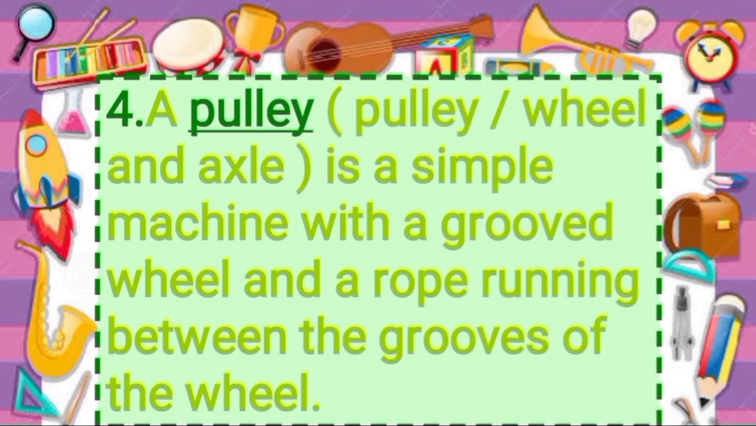As you know, when a task is difficult to do with our hands, what do we use? We use tools called machines. And here a pulley is a simple machine that has a grooved wheel and a rope running between the grooves of the wheel. It is used to lift heavy objects attached to one end of the rope. So the answer is